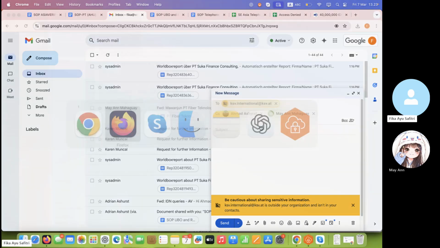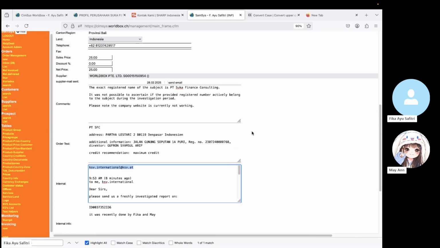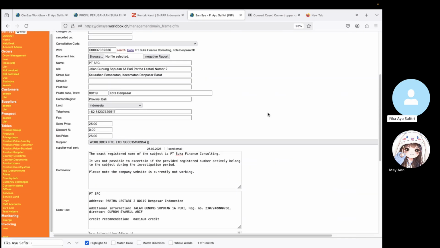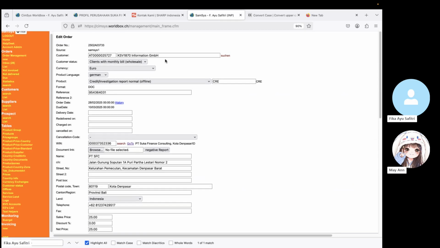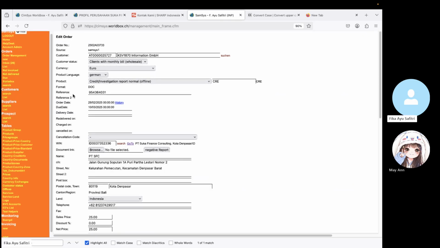It is in the upper portion. Then copy the reference, after the format. That one. Reference, okay.